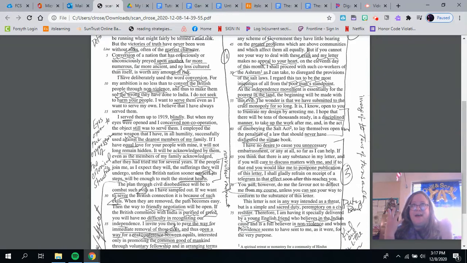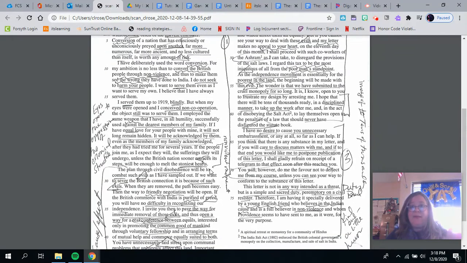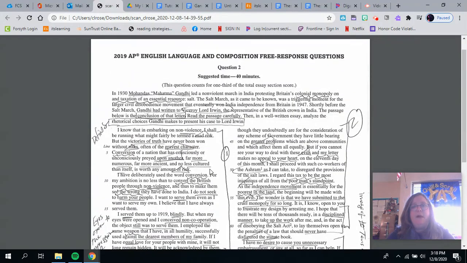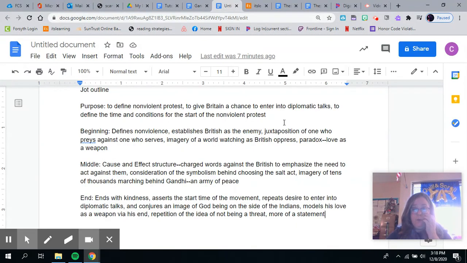And so I can just kind of imagine him being happy with himself for coming up with that. It just feels like a little bit of Gandhi wit, and I love it. So anyway, that third section is that kind end, and it just serves to reinforce, first, there's no stopping them, and of course, this isn't meant to threaten as much as it is meant to help. So now I have my three sections, and I stop and I take a minute to write my jot